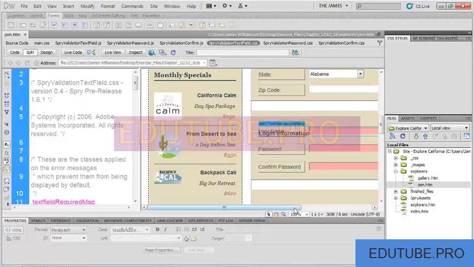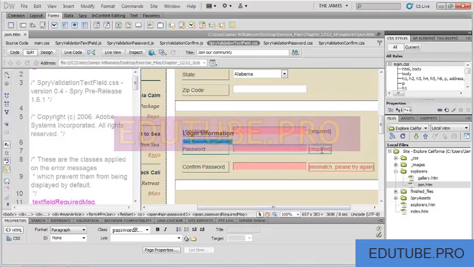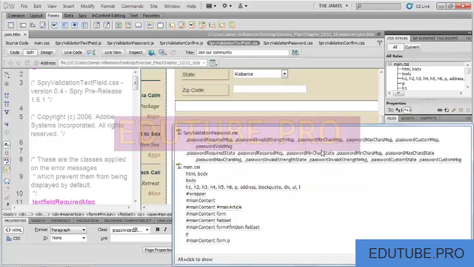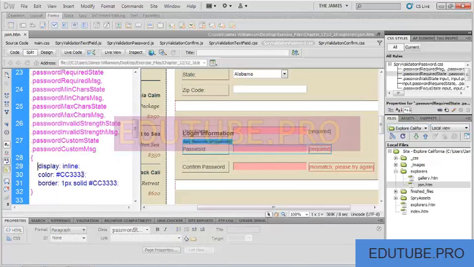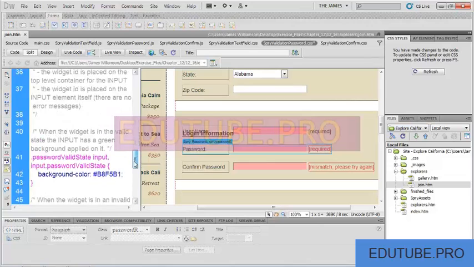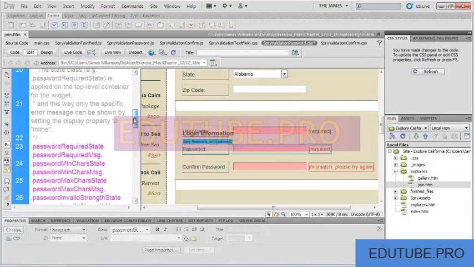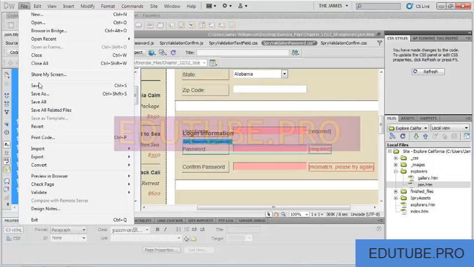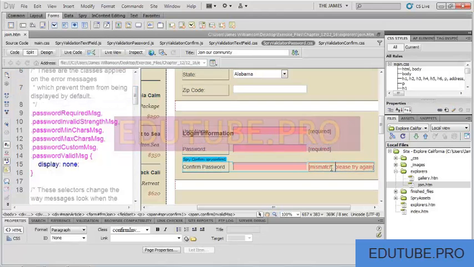I'm going to do the exact same thing again. I'm going to go right over here. I'm going to hold down my Alt key and click. That'd be Command Option on the Mac. Find which of those guys has the display, color, and border properties and click. It'll jump me right to that spot, and all I've got to do is type in that color value. Again, if I was smart, I would have copied it, 51341A, and border of none. There we go. I'll again look through this to make sure that we didn't miss anybody. I think we're okay. We'll do a save all, and we're going to finish it up by going right here